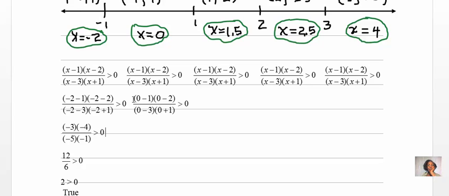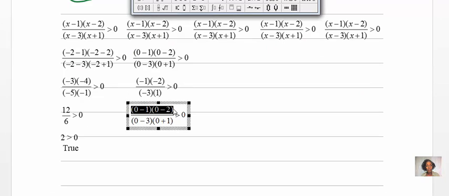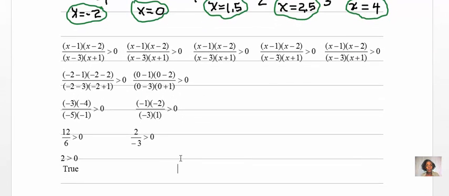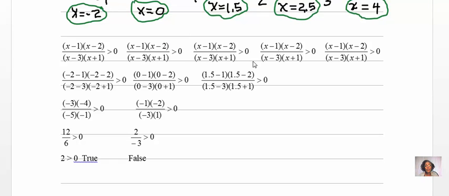We have replaced all of the x's in the inequality with 0. So, okay, now we've replaced all